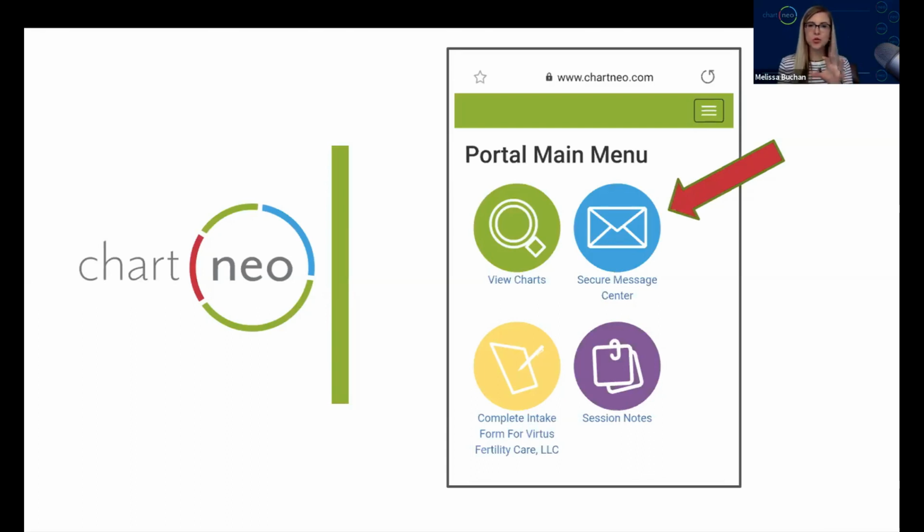When they are in the portal on their phone, they see the 4 icons. The first icon that we are focusing on today is the blue icon with the little envelope. That's the Secure Messaging Center. And I don't know how efficient this is going to be for me to navigate through, but if we are in the app,